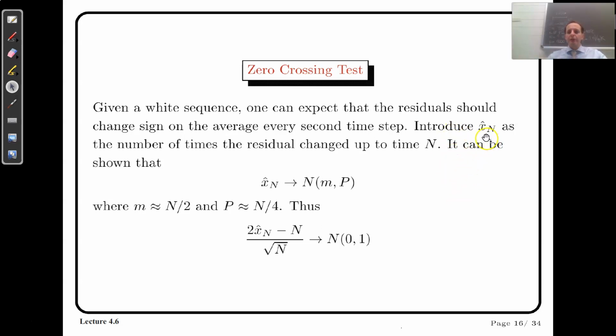If we introduce the variable x hat n as the number of times that the residual changes sign up to time n, it can be shown that this variable